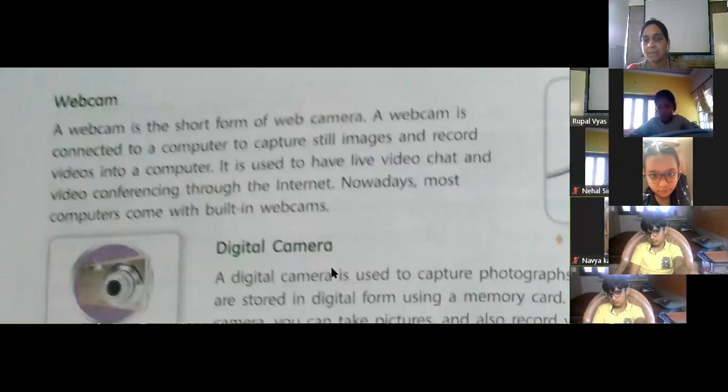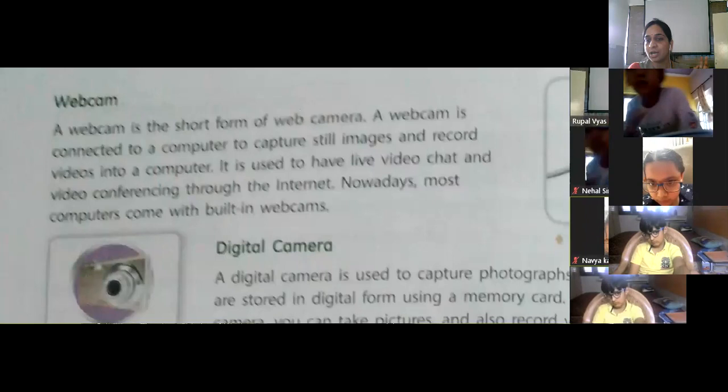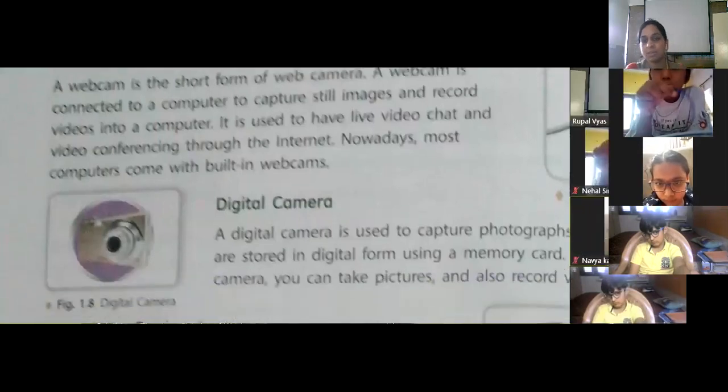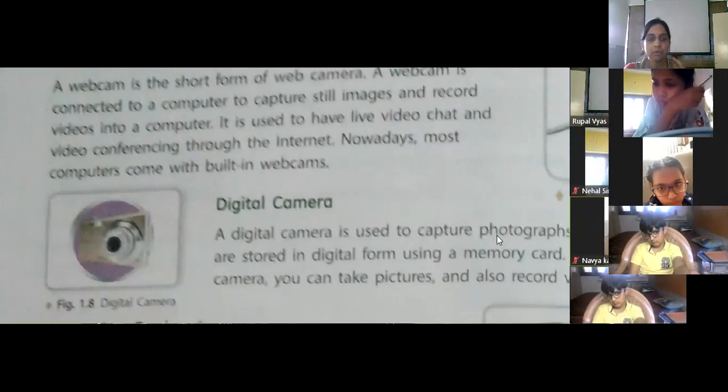Then digital camera, now these days I think everybody is using digital cameras to get good quality pictures, to capture your photographs. So this is the digital camera. Okay, now this is all from my side today, because this is our